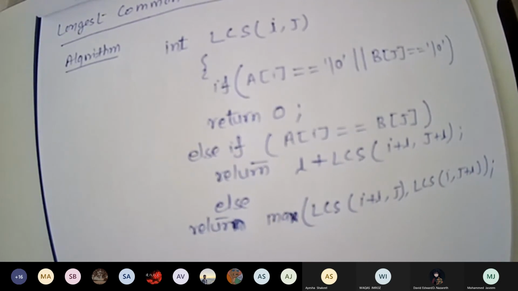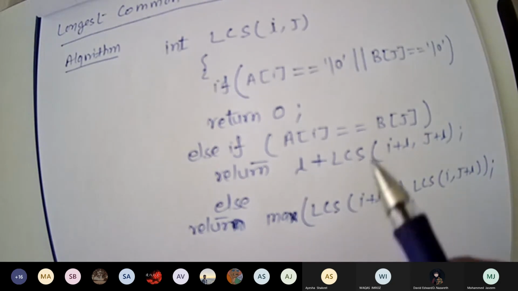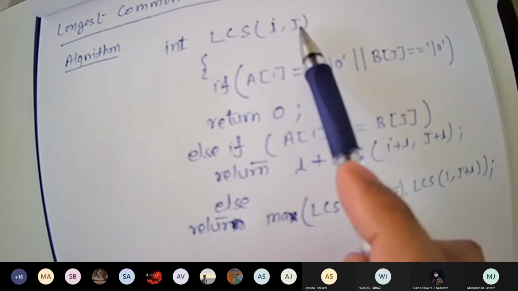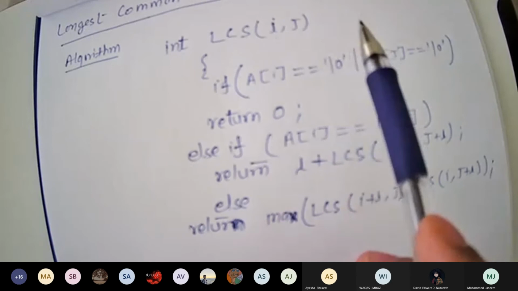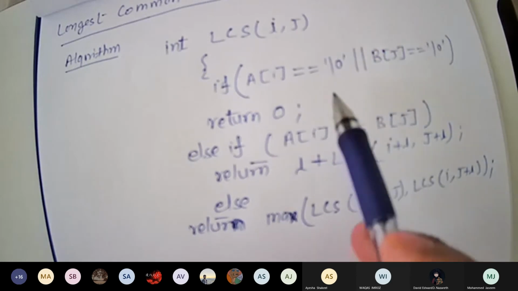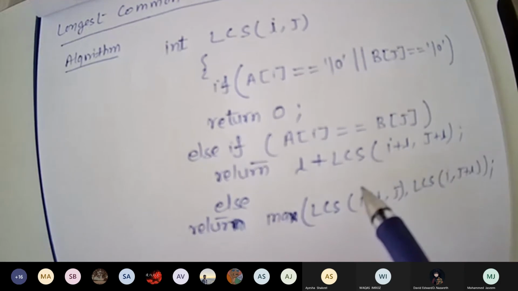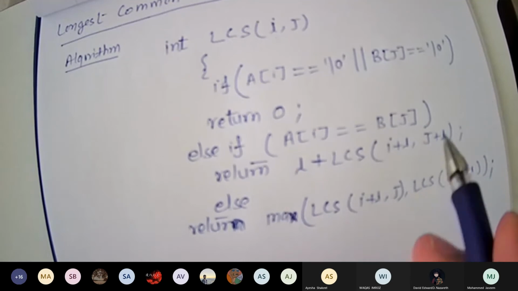Now, as you know, whenever you are doing this longest common subsequence, you have to take two strings. So let's assume the first string with length i and the second string with length j. This \0 we are using for the end marker. Once you reach there, you will be comparing.